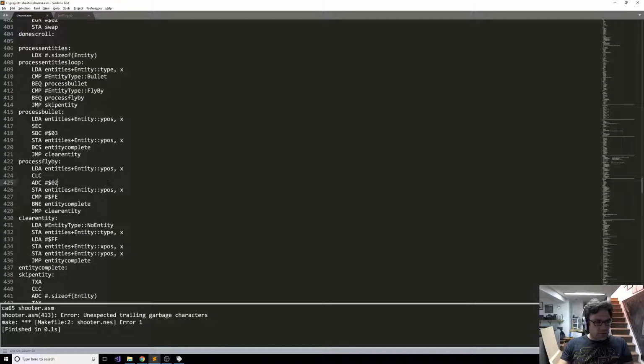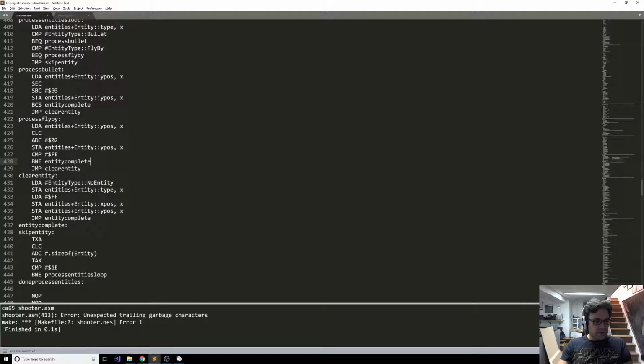All right, so cool. So we're just taking the Y position, adding 2 to it, storing it back, comparing it to see if it hit the FE location on screen, and if it didn't, we go to the complete portion where it checks to see if there are any more entities to process. Otherwise, we're going to jump to entity to clear the entity. Now this should be,